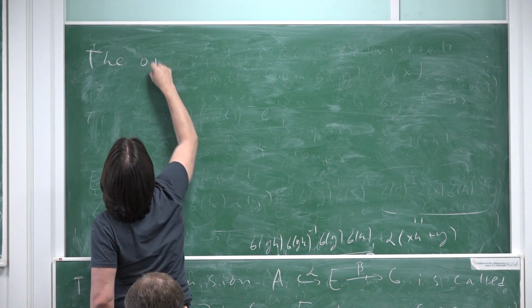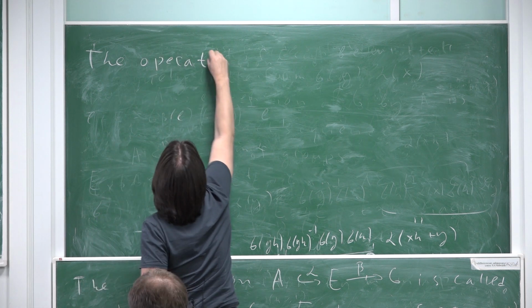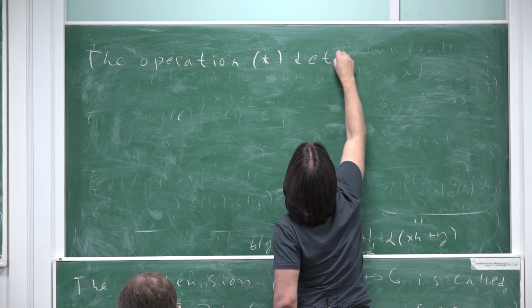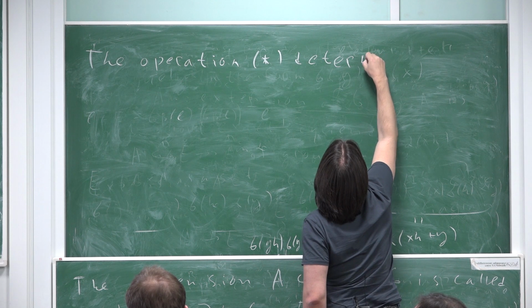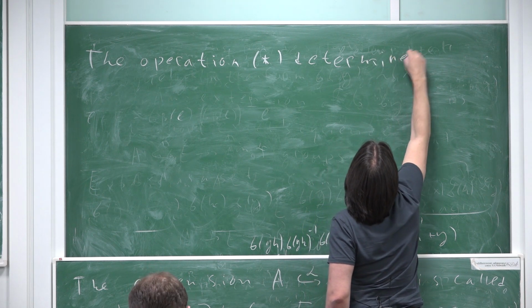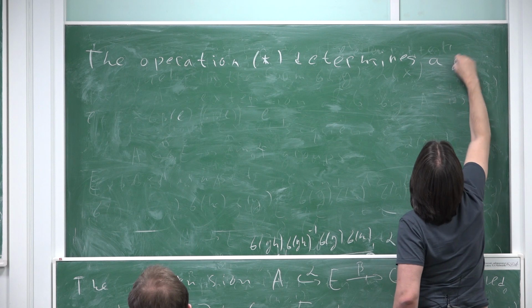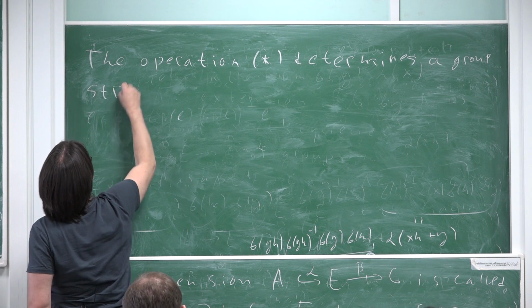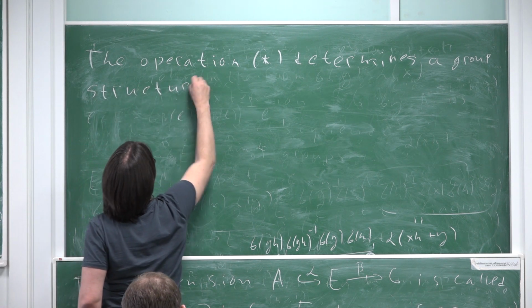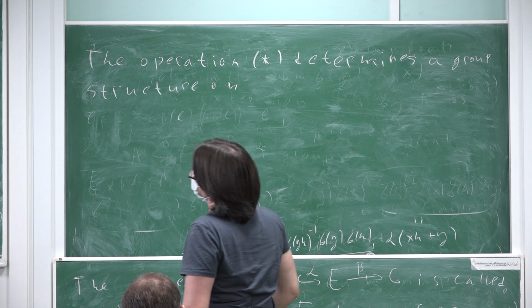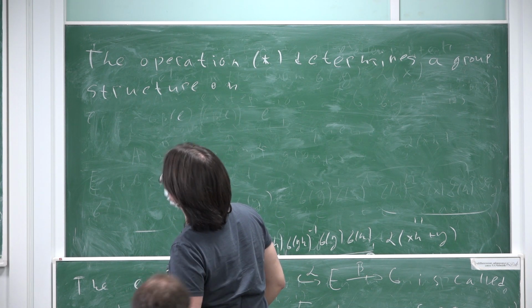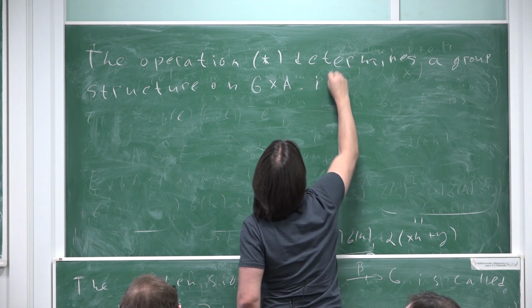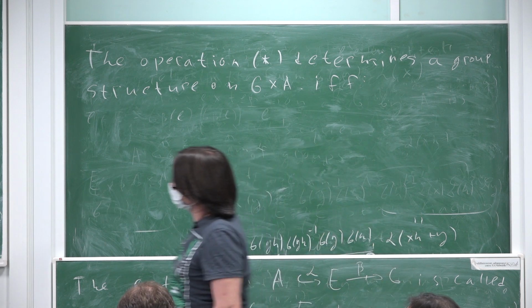The operation star determines a group structure on G times A if one has